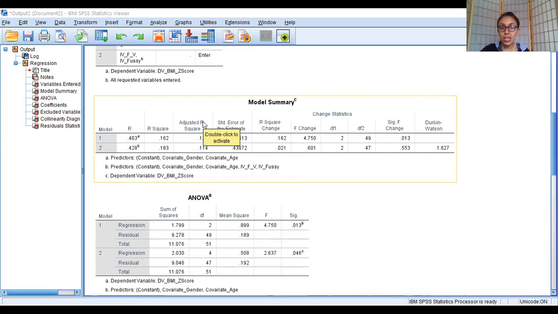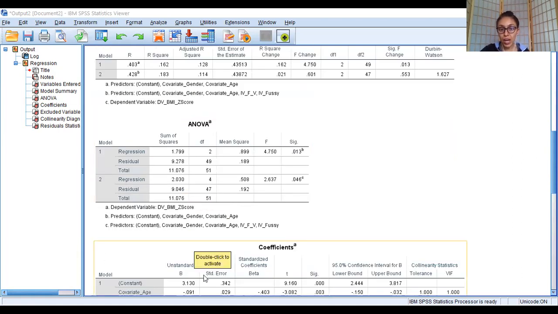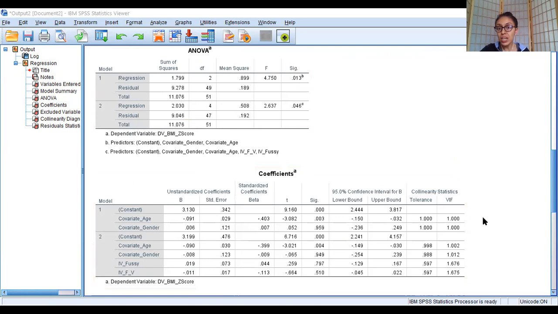Okay, so the model summary, ANOVA, and coefficients are the three main tables. If you see over here, again, we covered the VIF and the collinearity tolerance. This is what it means. All right, so these are the main tables, students. But of course,